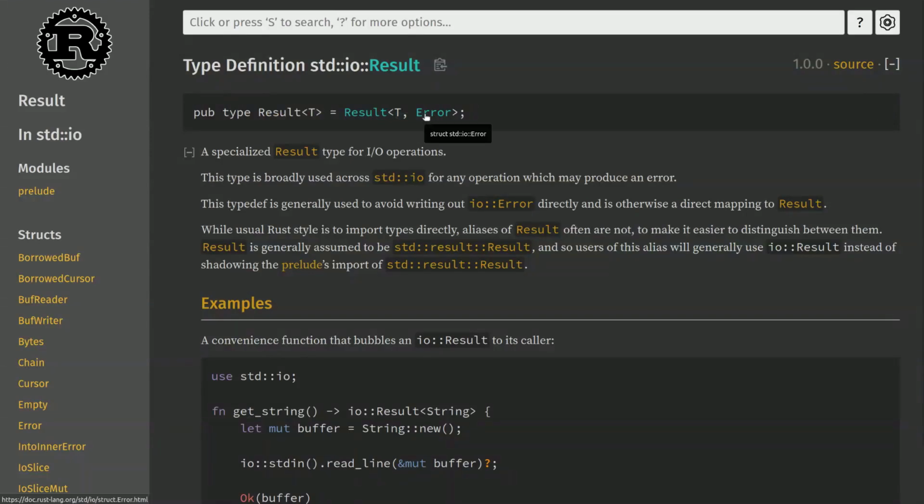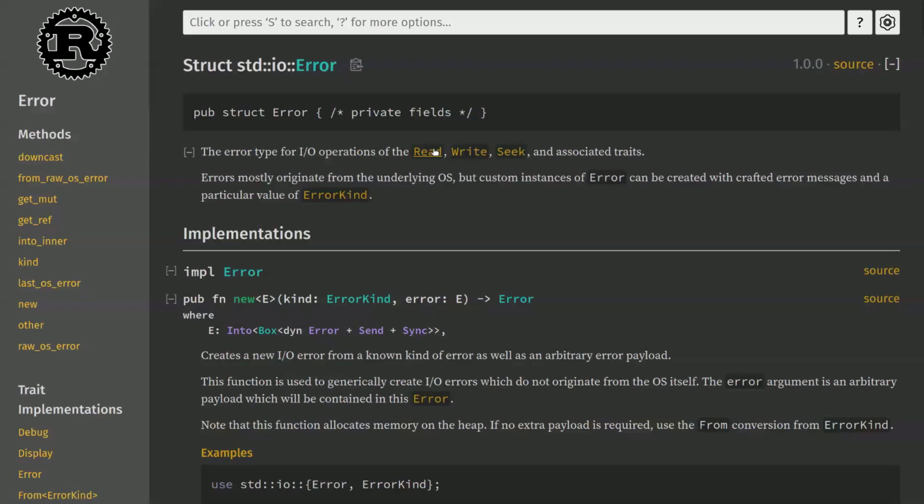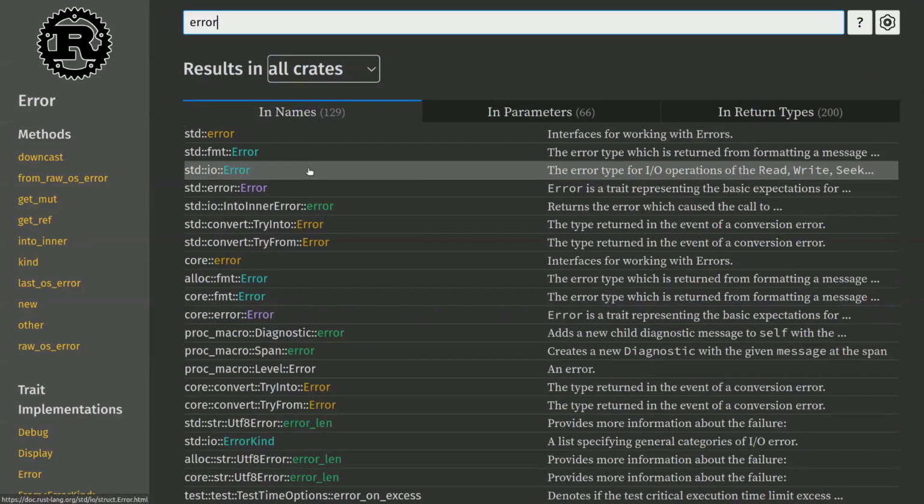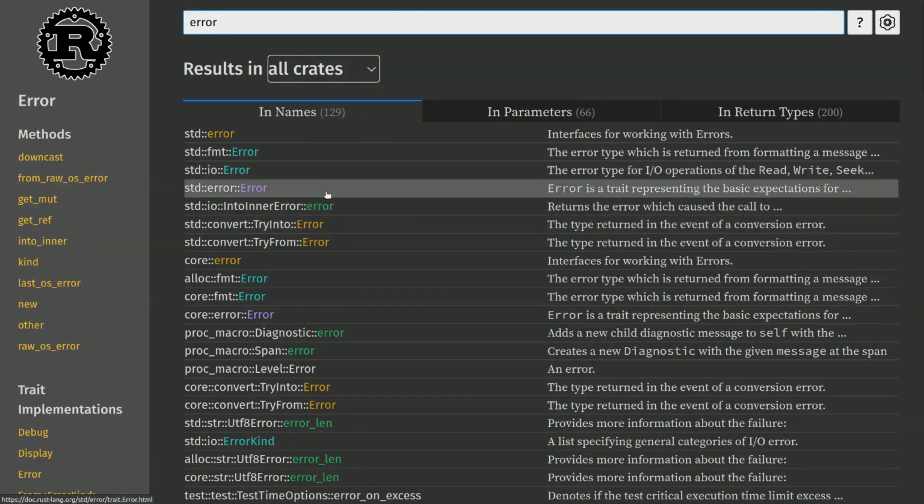Now, one thing to note is that there is a further problem relating to overuse of the name, and that is that modules have their own error structs that are not the same thing as the error trait. I apologize if you're learning Rust, it is confusing, and that is something that you will get used to.